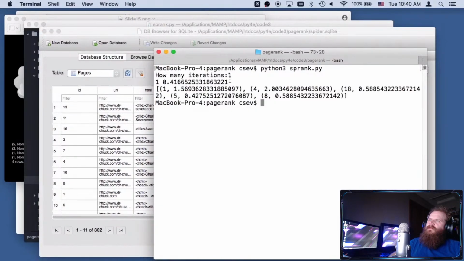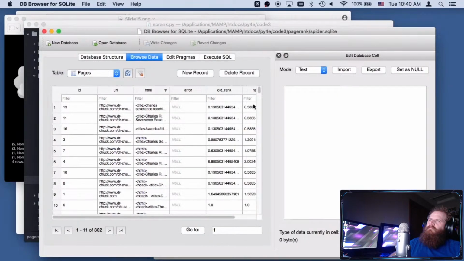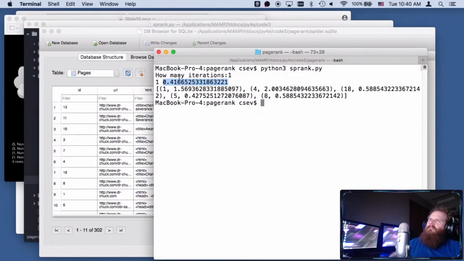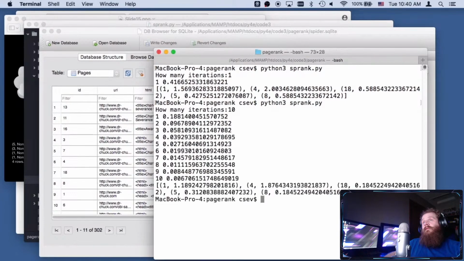And you can see that the difference, the average difference between this number and this number across all of them, went from 1 point something to 0.41. And you'll see that with these very few pages, this PageRank converges really quickly, okay? So let's run it again. And I'll just run 10, and you will watch how this converges. Okay, so there you go. It converges. And you're seeing now after like 12 iterations that the difference between the old rank and the new rank,